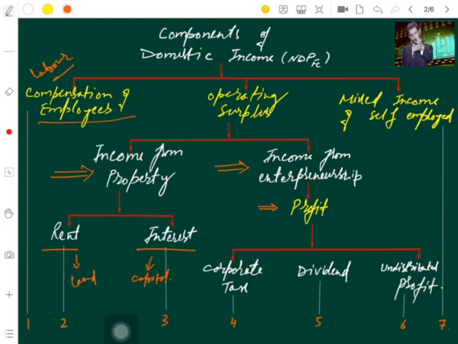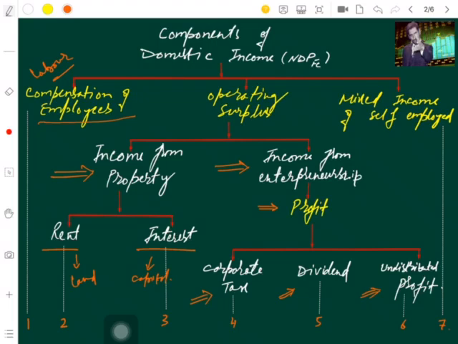So dear students, this profit is basically divided into three different categories. One is corporate tax. We were just talking about the corporate tax. One is dividend. Dividend is the part of shareholders in the overall profit, so dividend is paid to the shareholders. Then undistributed profit. It is what remains with the company for further expansion, growth, etc. of your company. So these are the parts of profit itself.